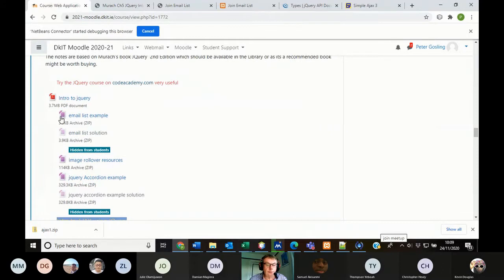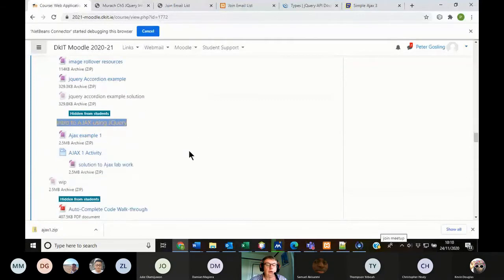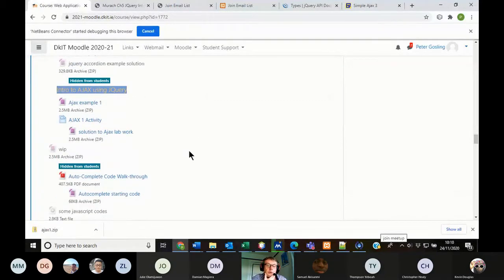Noticed from the introduction to jQuery, there's a couple of other examples that were given in the presentation from Murrock: the image rollover and the accordion. So you've got some resources there to play around with. They're not complete, but some of the images and that kind of stuff are there if you wish to work on them. So what I'd like to do now is to move on to